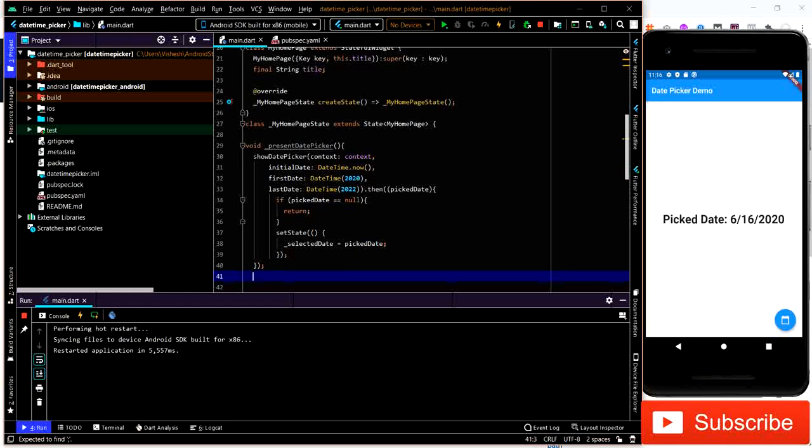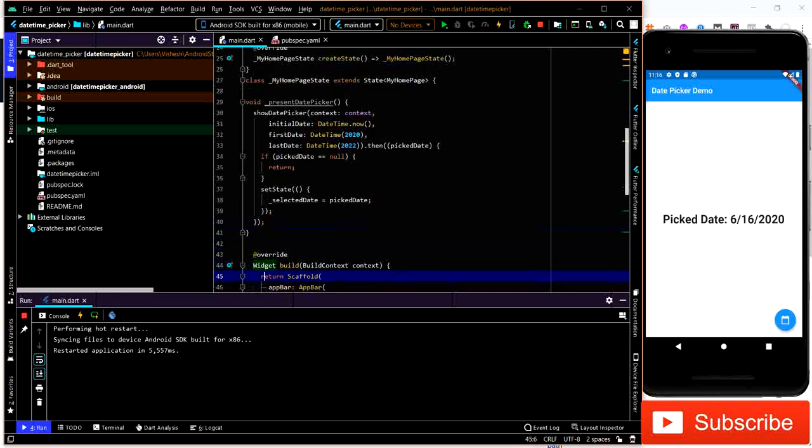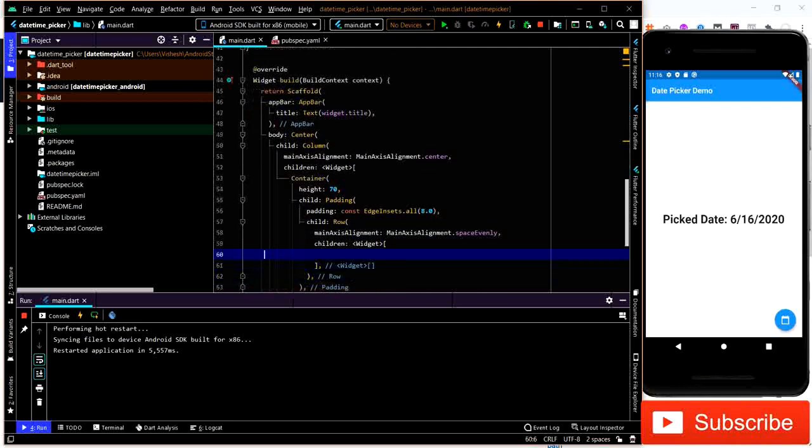And guys, it's already there. So now our function is ready. Coming to displaying the date, let's see how we can display it. We'll be displaying a Text widget here. So we'll check if selected date is equal to null. If it is null, it will display 'No date chosen'. Otherwise, it will display the picked date,